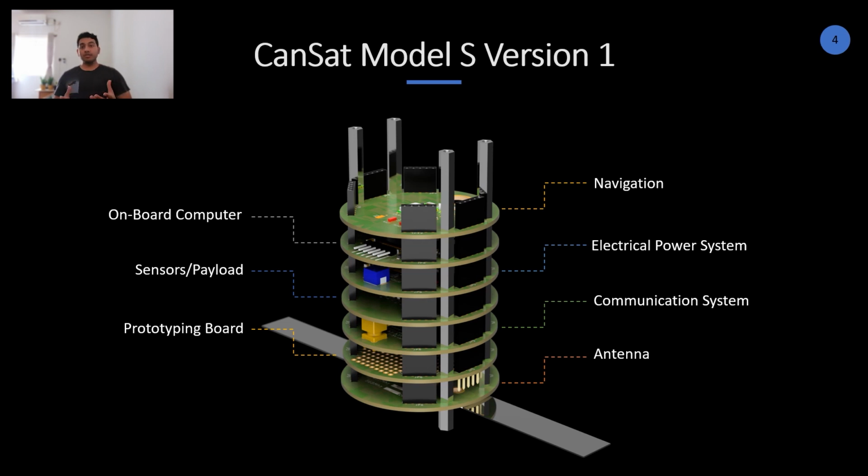Now, the communication system and the antenna go hand in hand, as in they come as a pair. The communication system requires any antenna that can transmit in the frequency the communication system is tuned for. Here in this model, we have provided a dipole antenna, but if you want to change the antenna, say to a turnstile antenna or a helical antenna, you can always plug out this dipole antenna module and add your own antenna module, plug it into your communication system, and then you can start transmitting through that. That is the reason why the antenna module is separate and not part of the communication system, as it's not merged with the communication system.